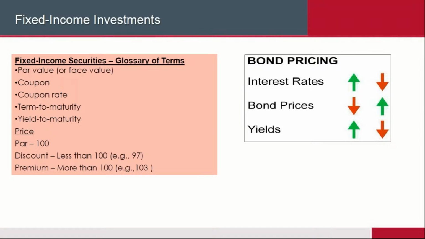One of the strange things about bonds that people still get confused about, and I can certainly appreciate it, is what happens when interest rates go up and when interest rates go down in regards to bonds. So basically, as the chart says, if you look at the right side, if the interest rates go up, the green area is going up, the bond prices go down. So that gives you a higher yield, basically. If interest rates go up, the bond prices go down, and that gives you a higher yield to maturity.